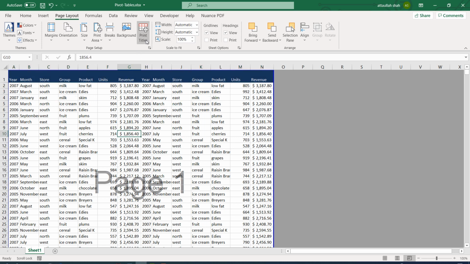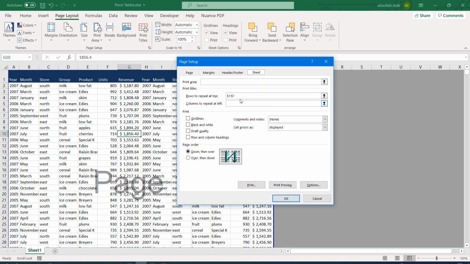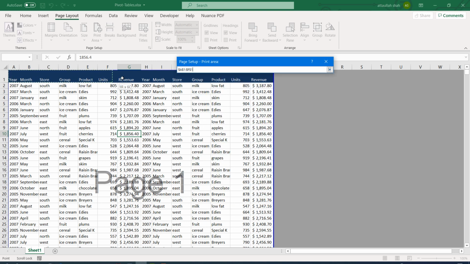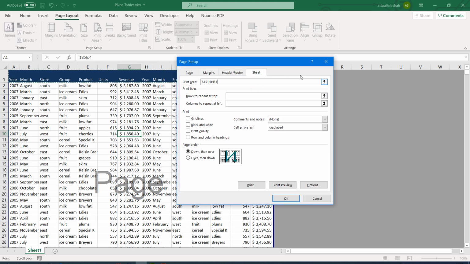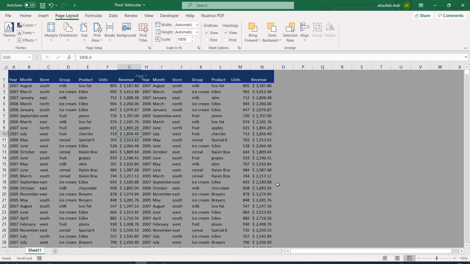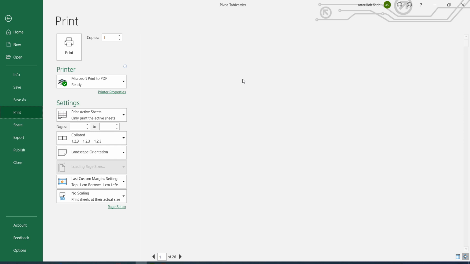And in the print title, we can select rows, or we can select a specific print area, like from here, print area. So if I select this area, it will perform the same purpose.